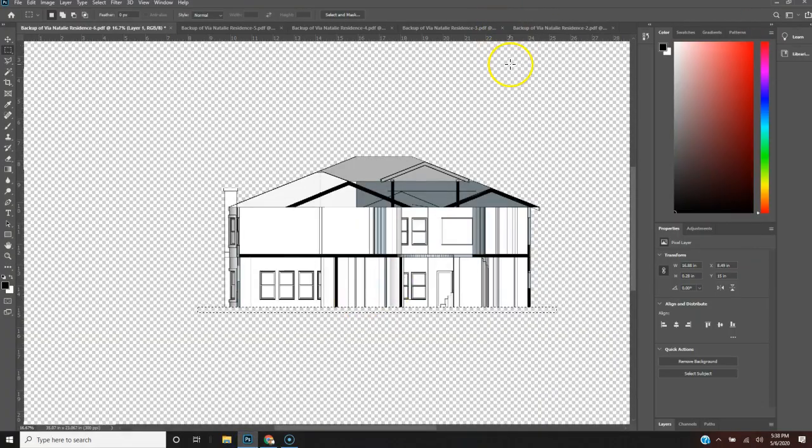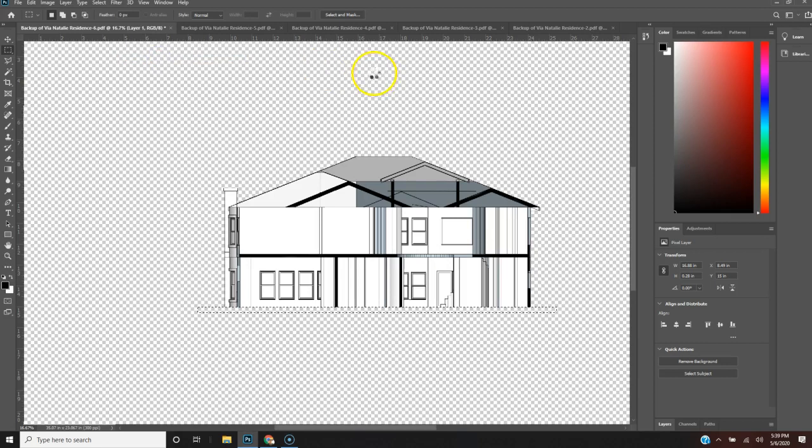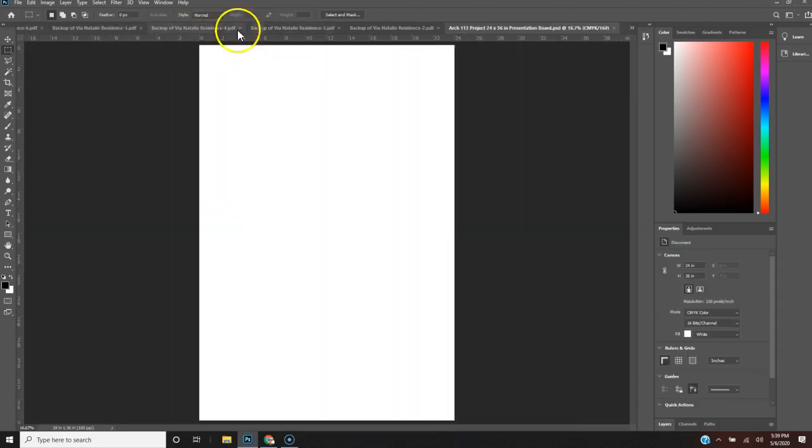Right, so today I'm going to show you how to get all your drawings together and put them all onto one board. I am going to open up my board, and I've already opened up all my files, and so